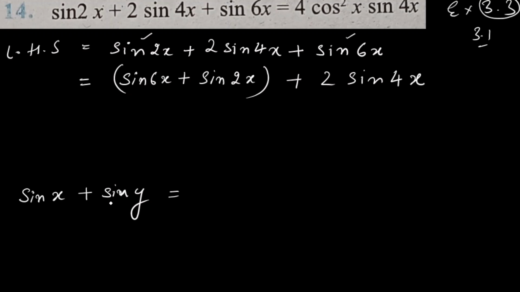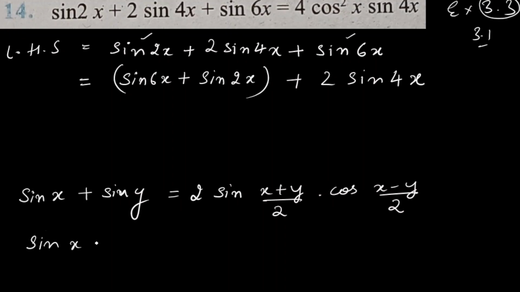So sine x plus sine y, this is 2 sine. Sine means there is a combination of sine and cos. From the start this pattern we are following, whenever sine is there, sine will always give us a combination of sine and cos. So in the plus formula, we have sine first and then cos, and in sine x minus sine y we have cos first and then sine. So both the formulas I'll give you here. It is 2 sine of x plus y by 2 into cos of x minus y by 2.